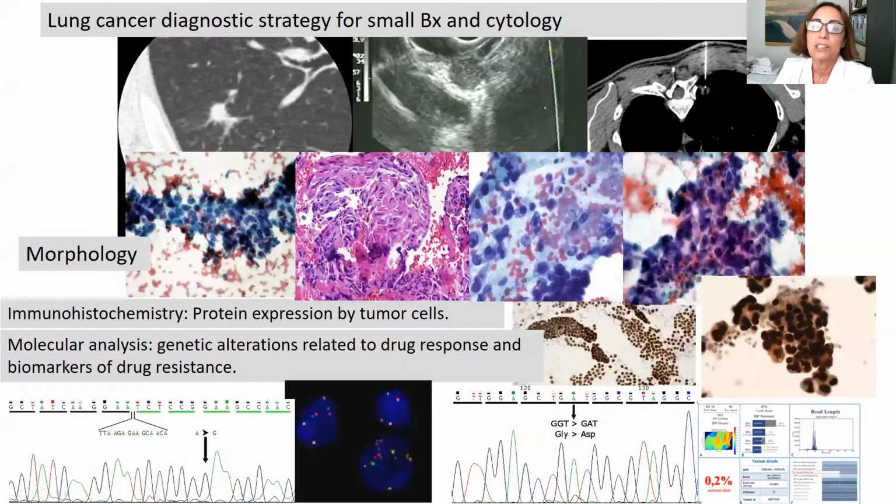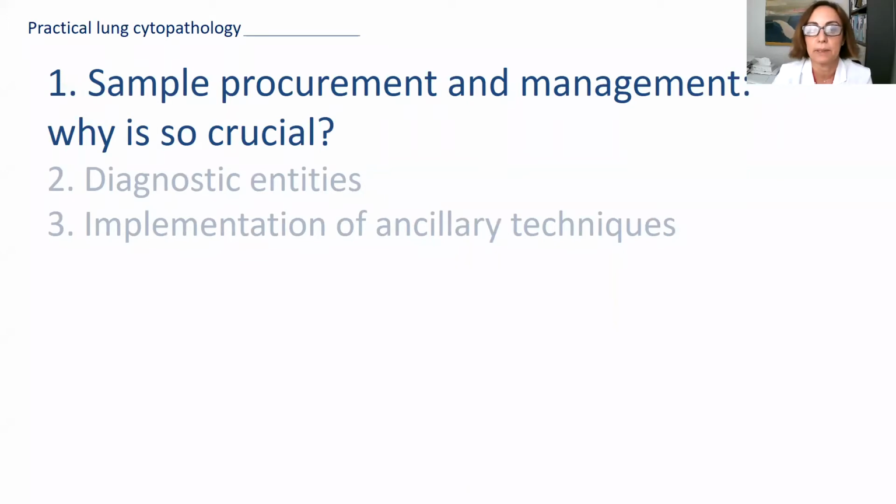So, starting my talk, we know as cytopathologists that there is a strategy for diagnosing non-small cell lung cancer and small cell, of course, in small biopsies and in cytology. First of all is morphology and smears, cell block, whatever type of cytological preparation. Sometimes we need the help of immunohistochemistry, and nowadays we for sure have to use some studies to inform the clinician about biomarkers. So let's start with point number one.